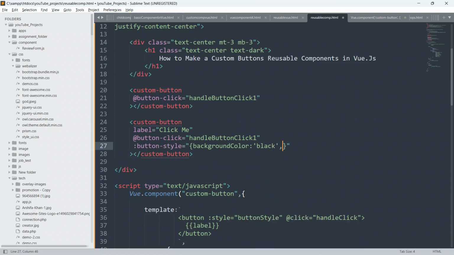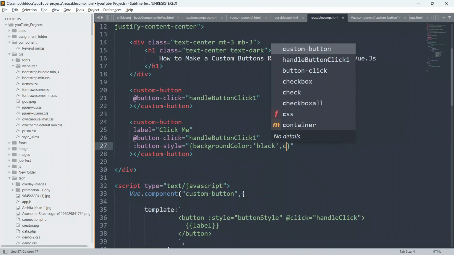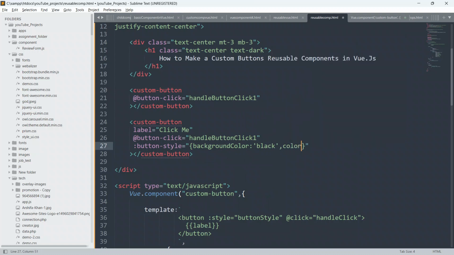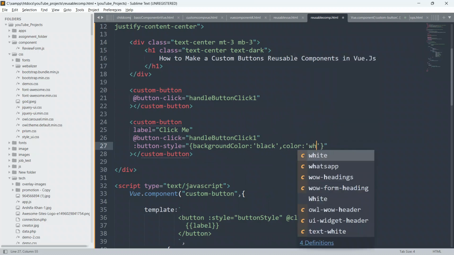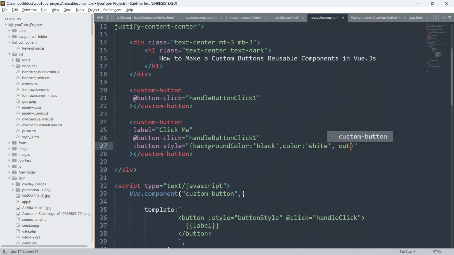Put comma, and we will also say color, colon, single inverted comma, and put white. Put comma, and we will say also outline, colon, single inverted comma, and give none.